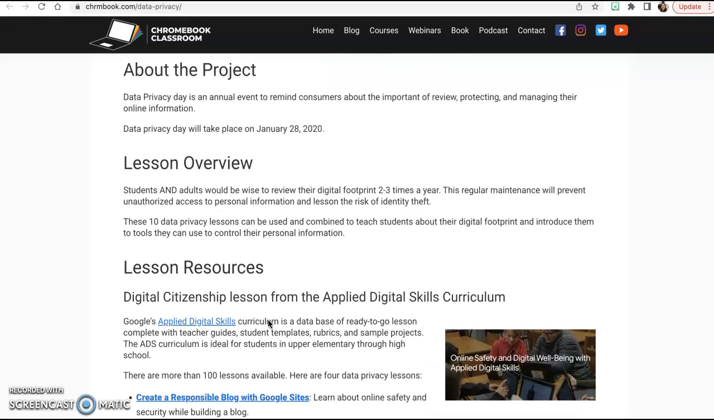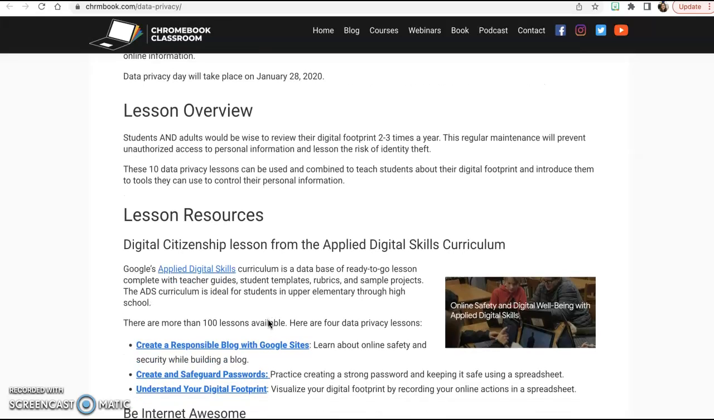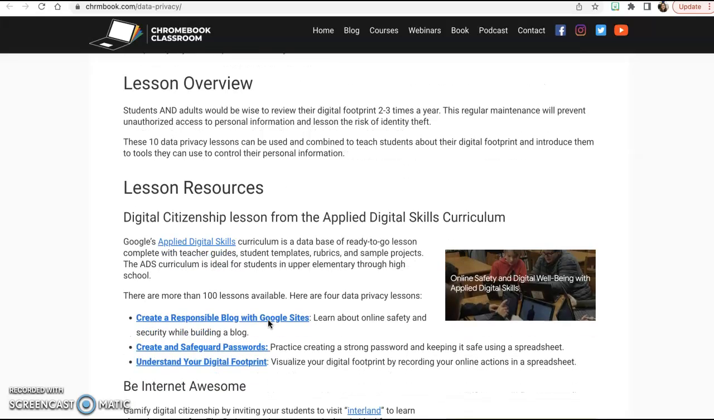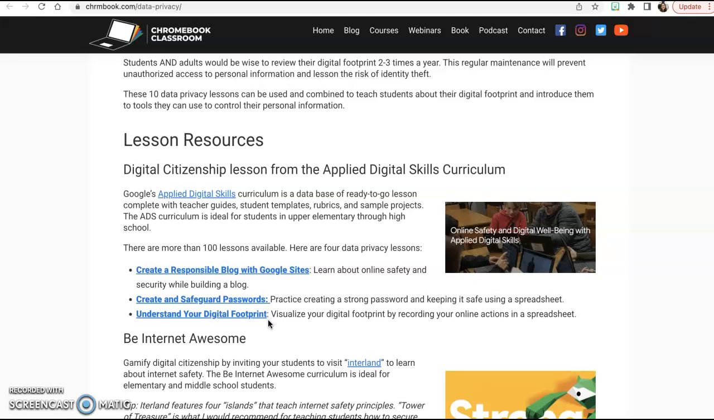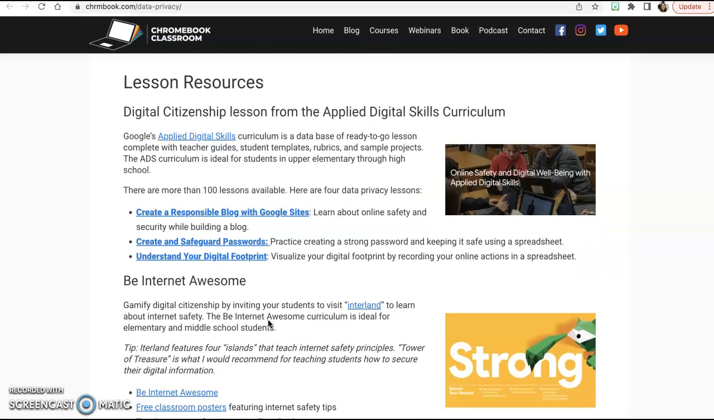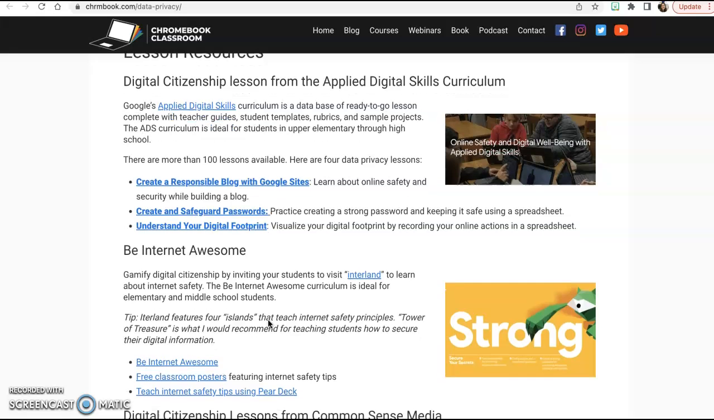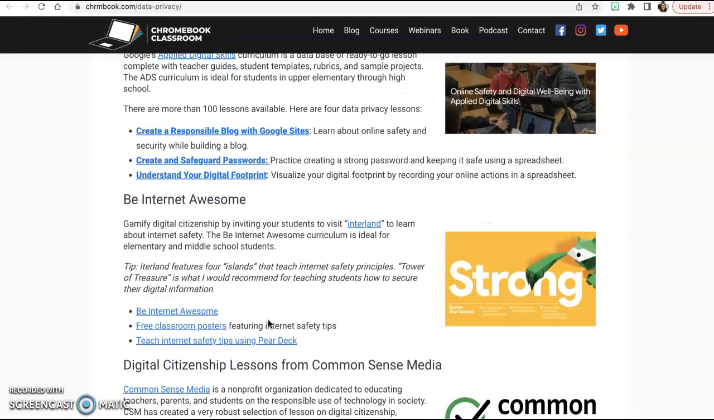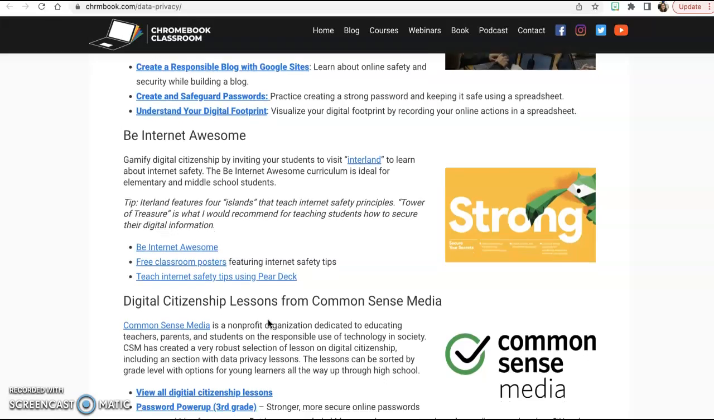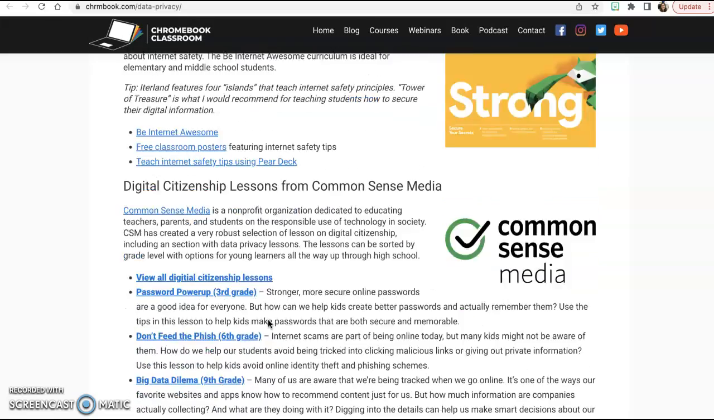So therefore, he created 10 lessons that teachers can use so that they can teach students on how not to be vulnerable and easy targets to hackers, phishers,